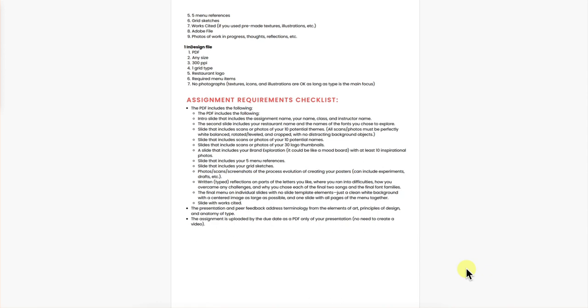themes and then names, and then a slide that includes your 30 thumbnail sketches of your logos, and then your slide with your brand exploration with at least 10 inspirational photos. Could be like a mood board. A slide that includes your 5 menu references, a slide that includes your grid sketches, a photo scan screenshots of